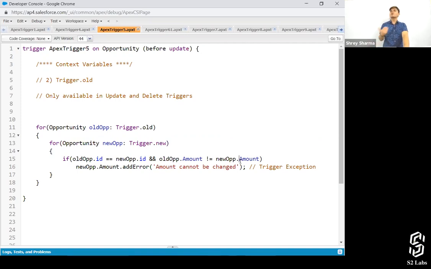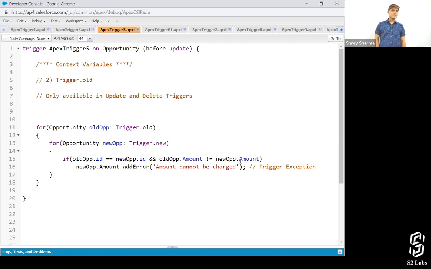That means if the amount's value was 15,000 earlier, it should be 15,000 after updating as well. If it is not 15,000, then there should be an error. So this is a validation that we're trying to create, right? Yes or no? When we write the validation, in which trigger can we write it, after or before?